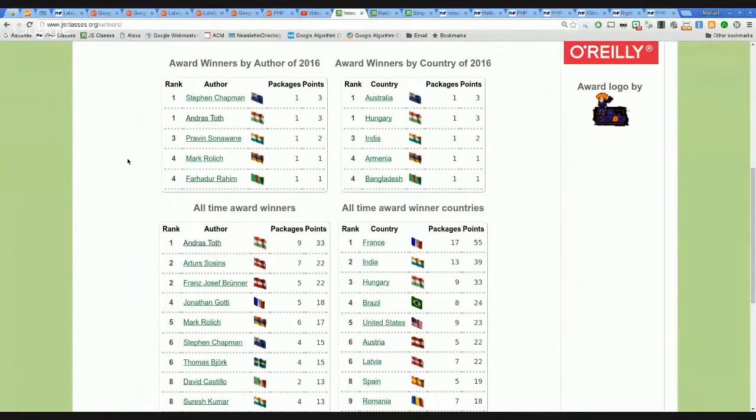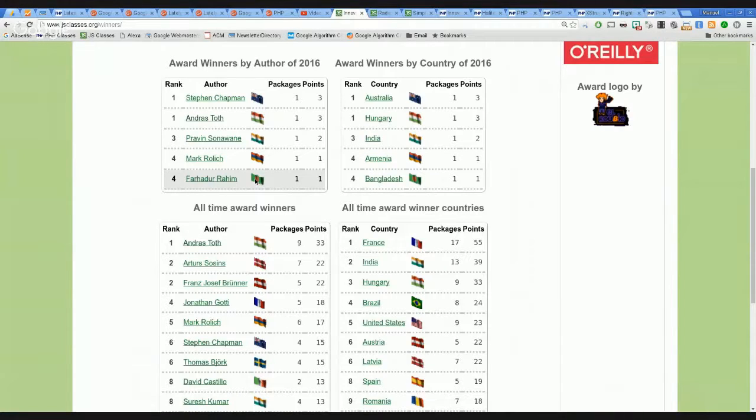In first place, there are Stefan Chapman and Anders Toth with 3 points, 1 package. Then Pravin Sonavane, one package and 2 points. Then Mark Rolich, 1 package, 1 point, tied with Faradun Hahim from Bangladesh with 1 package and 1 point.